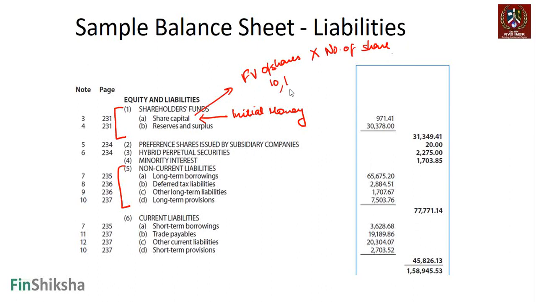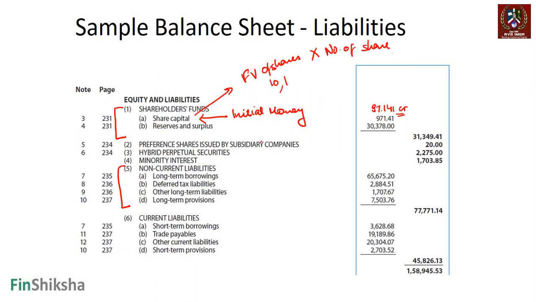So practically this number that arises is going to be a factor of the face value. For example, if the face value is 10 and this number is 971 crore, then the company has 97.1 crore shares. That's how you would find the number of shares typically. And this number is usually the same for most companies: 10, 1, in some cases 5, in some cases 2. But this is broadly the initial money that has been put into the company by the promoters or the owners